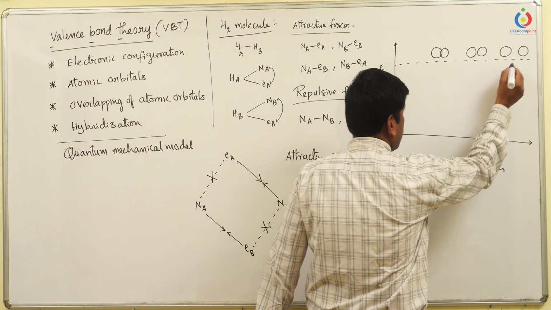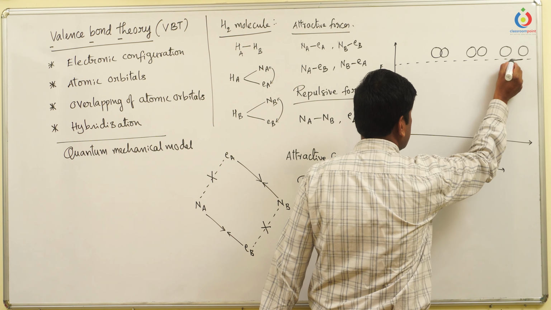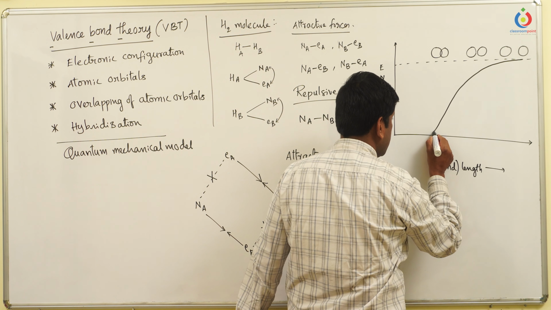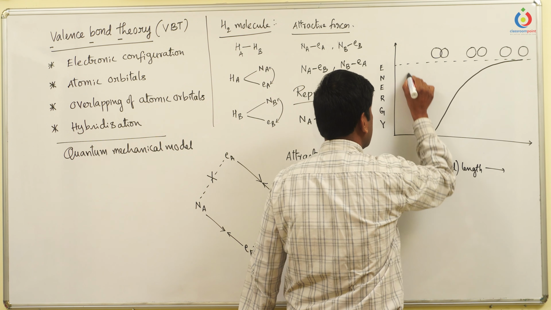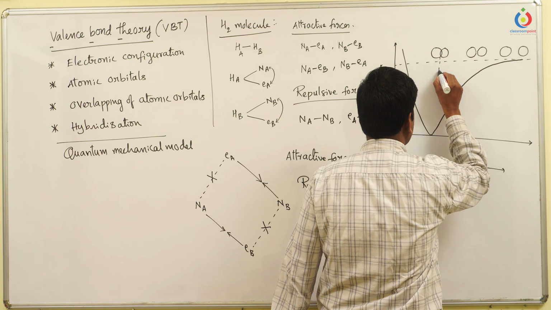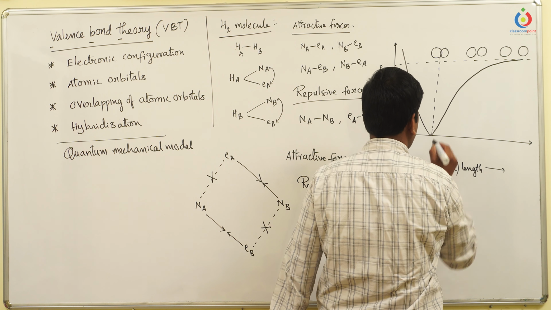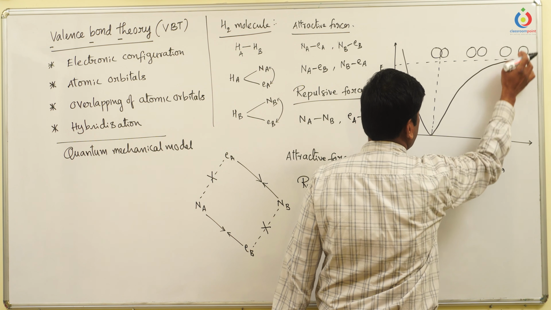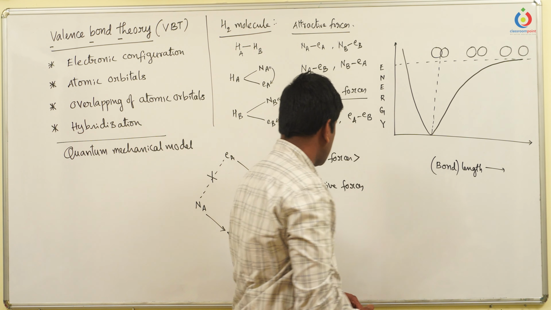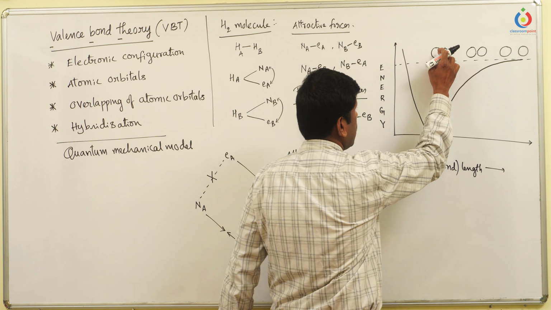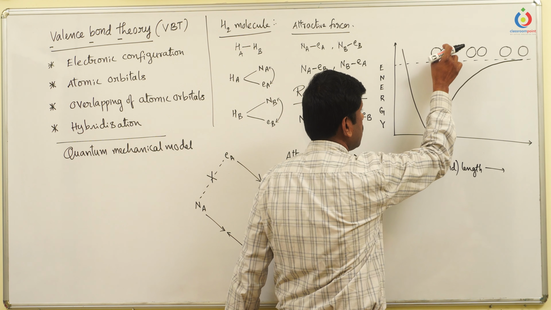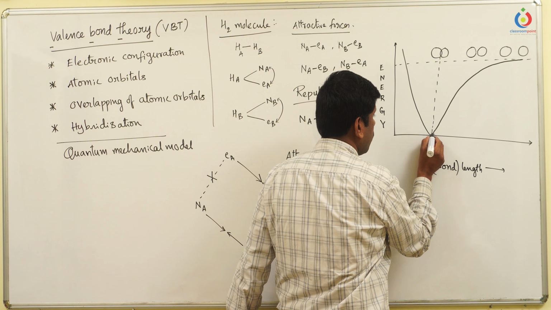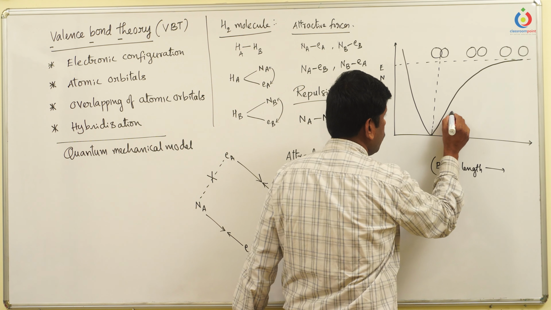So when you see the energy profile diagram, here they are possessing the highest energy, and energy gradually decreases when the hydrogen atoms come closer to each other, and finally it reaches the minimum value and again starts increasing. This minimum value is the energy loss. Hydrogen atoms, when present separately, have the highest energy. When they come closer to each other, attractive forces dominate the repulsive forces. When they come to the least possible distance, they lose the most energy, so that their potential energy decreases, and obviously the amount of energy that they lose in this process is